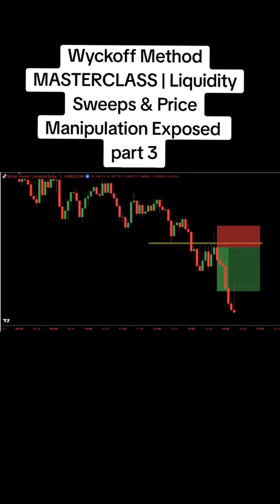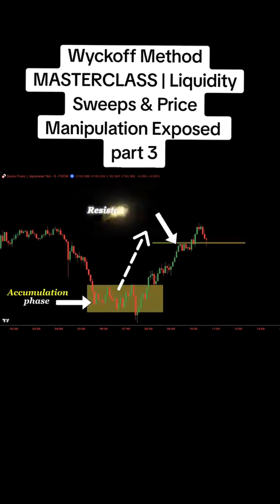As expected, the market continues downward and hits our target. Look at this chart. As you can see, the market exits the accumulation phase and begins forming a markup phase, which means buyers are now in control of the market. The market started forming higher highs and higher lows, and at this point, it broke above a key resistance level,